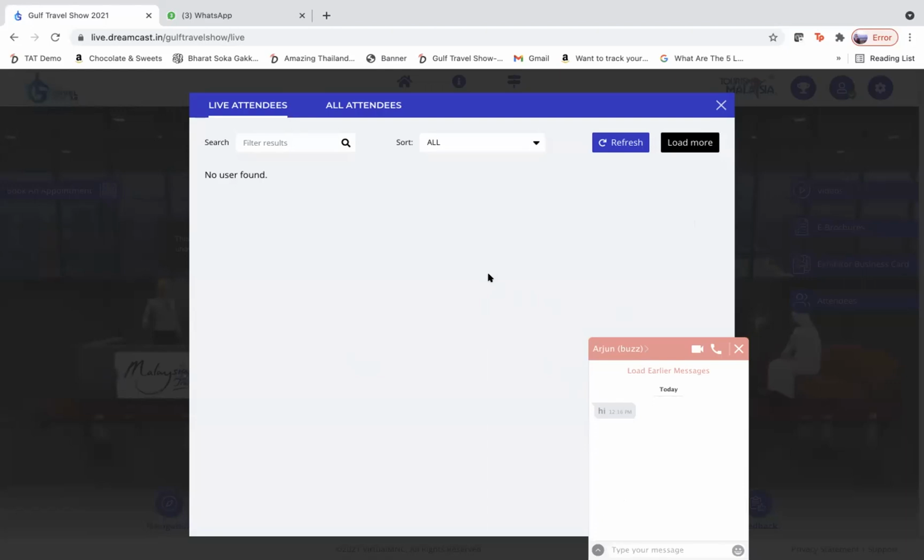that's the same machine. Usually I use two machines to do this and log in as admin in one of the browsers for my exhibitors, and log in as a buyer from the other side so that I can manage the situation. So there are two browsers in one machine, one Mozilla, one Google Chrome. Similarly, there are two in another machine. So if you have, let's say, three exhibitors, you can manage the admin of three exhibitors from two machines and see how many live attendees are there in each particular exhibitor.